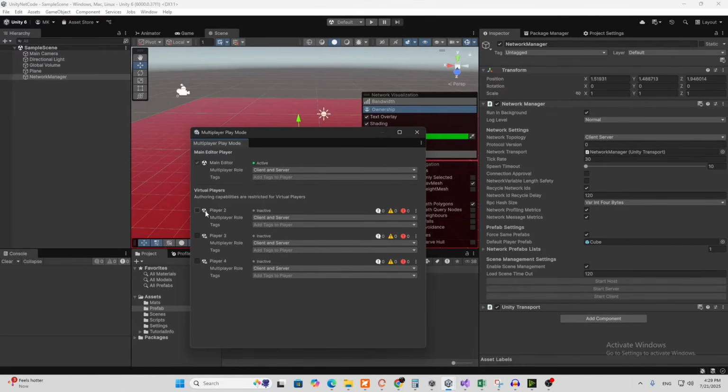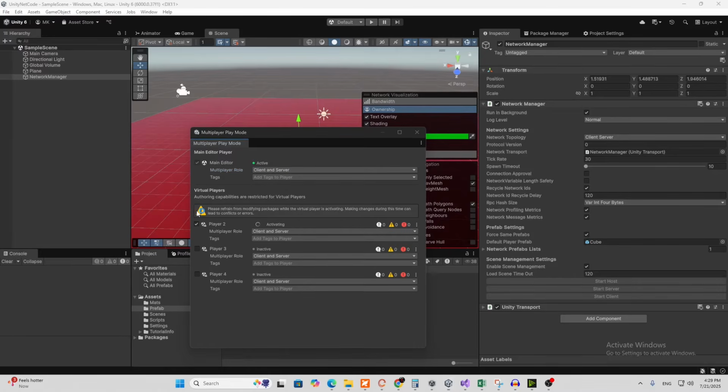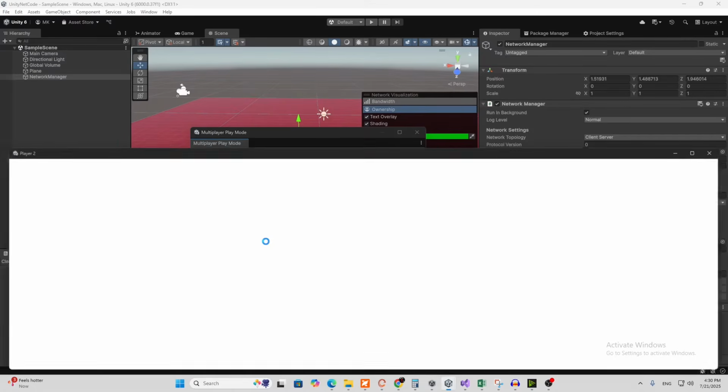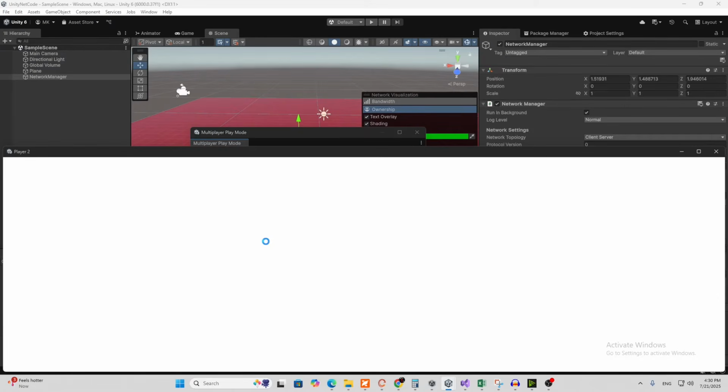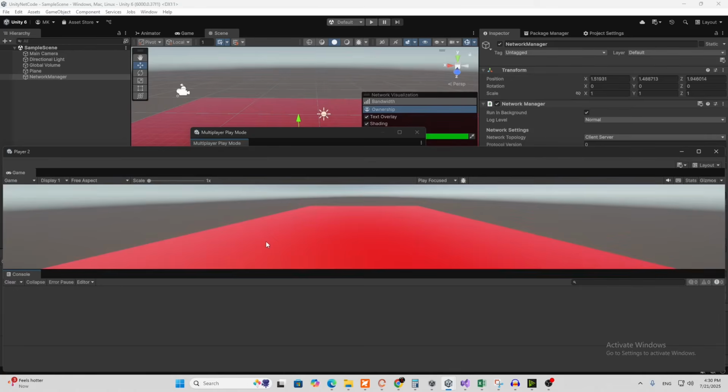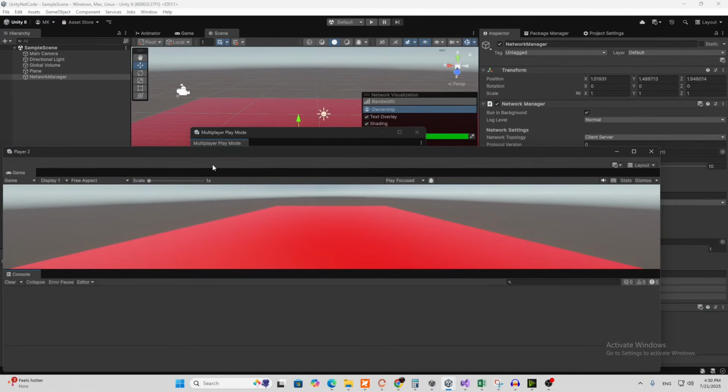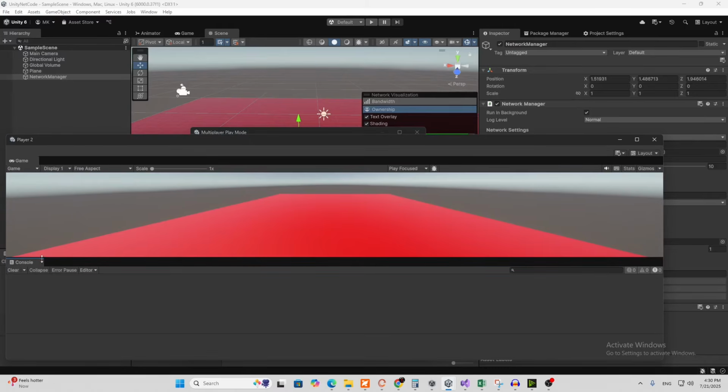So you can use along with the main editor, which we can call client or server, and along with that you can use 3 players as well. So let's just enable 1 player, and it will activate the same window like this for your player. This window will allow you to test client and server. So it is a very handy, or convenient, way to test. You can see we have the second player available here, and it has a game view as well and a console as well. And we want some more windows here, so we will go to the layout, and here we can